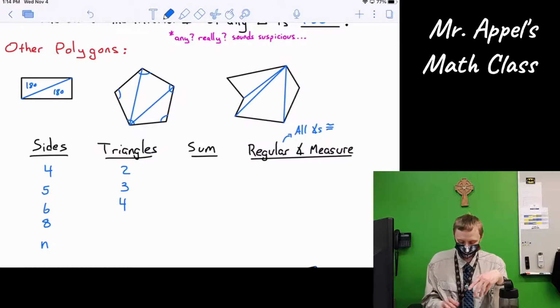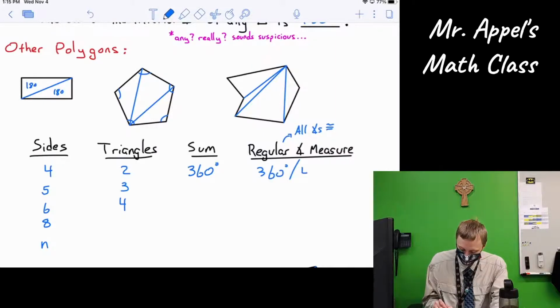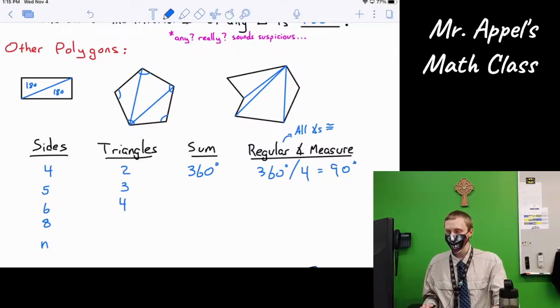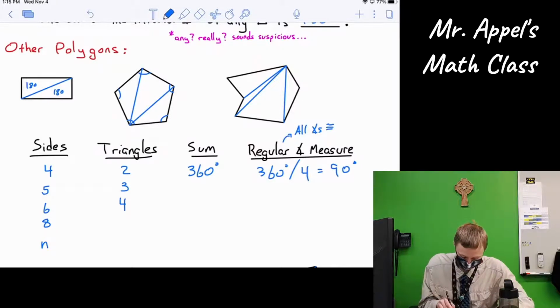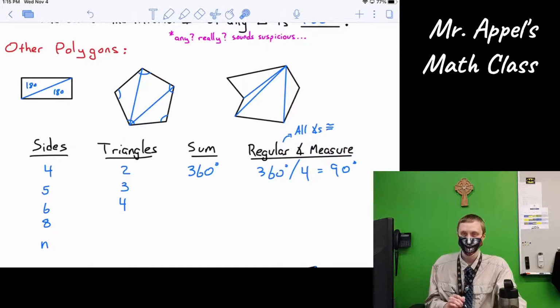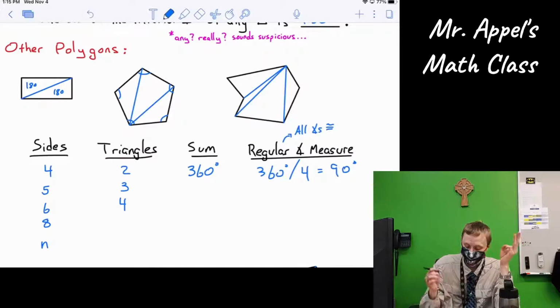We know that 4 sides divides into 2 triangles, gives us a sum of 360 degrees. And so we can take that 360 degrees and divide it evenly into all 4 corners, and you get a 90-degree angle measure. What about for 5 sides? We've shown that will always divide into 3 triangles. And so 3 triangles, each 180 degrees, we now have a grand total of